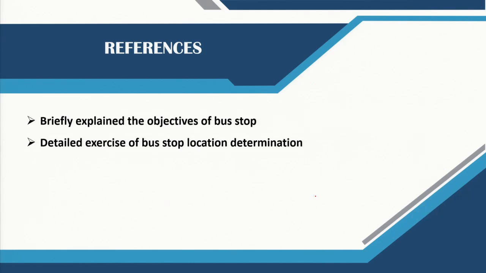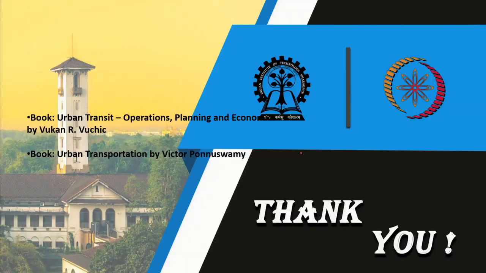Okay. So, I hope you have followed through whatever we have explained to you today. Basically, what we have done is explain the bus stop location determination, and sorry, this slide is mixed up, but again all of this is taken from the textbook of Vuchic, and you have access to it. There is another textbook, which is an Indian textbook, which also tells you to solve some problems in understanding the spacing of transit stations along a mass rapid transit line.